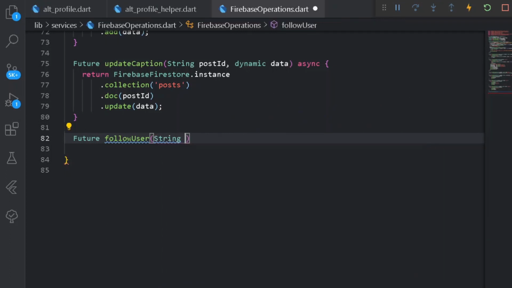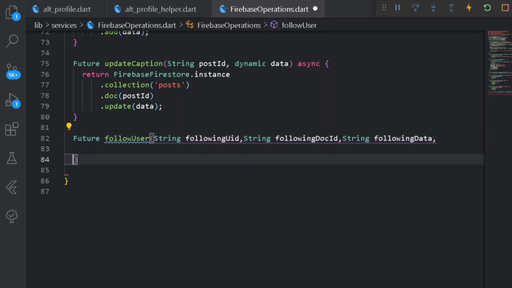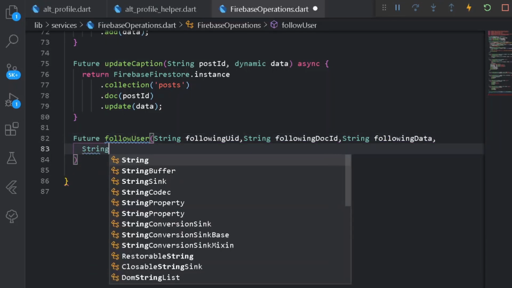So here I shall be having a string for following UID. After that I shall be having one more string for following doc UID, and after that I shall be having a string for the following data, easy. And after having this, I shall be having 3 different more arguments.